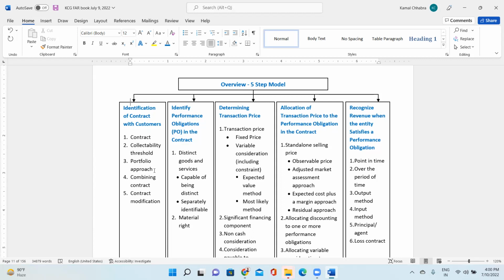After a year, inflation has increased, so labor cost and raw material prices have increased. He'll come back to you saying, I won't be able to finish this work in $400,000. They may ask you for an increment of $50,000, $60,000, $70,000. Those increments are called variable consideration.